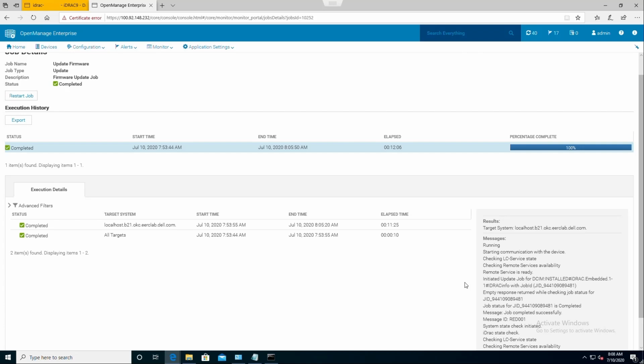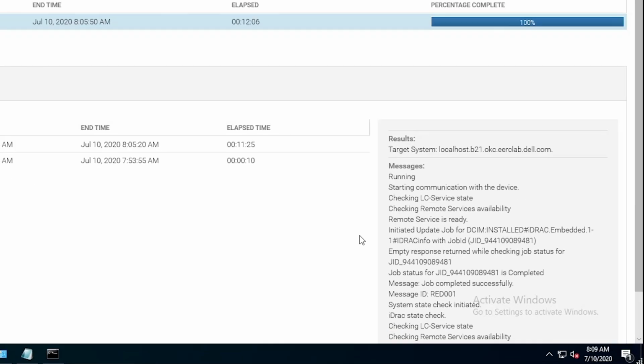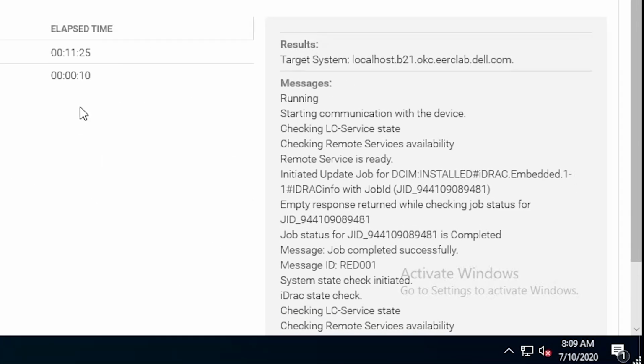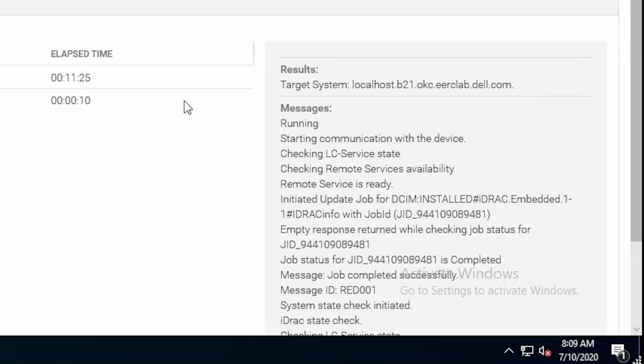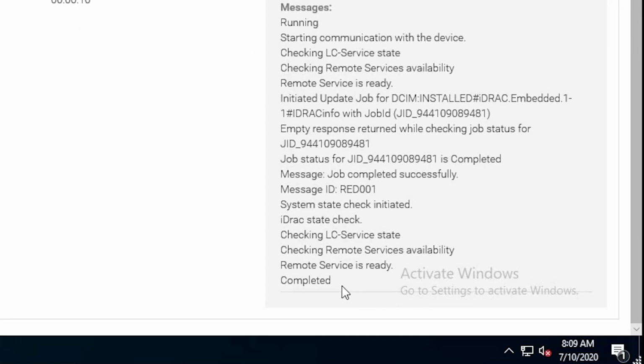It will take several minutes for this to complete, so I'm only going to show you the short snippet of the end. We can see from the Messages section that we began with communication to the device, we were able to create the job, and then the job completed successfully. We checked afterwards that the services were available, and then the job completes.